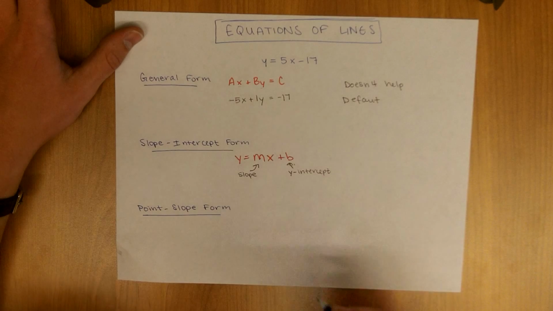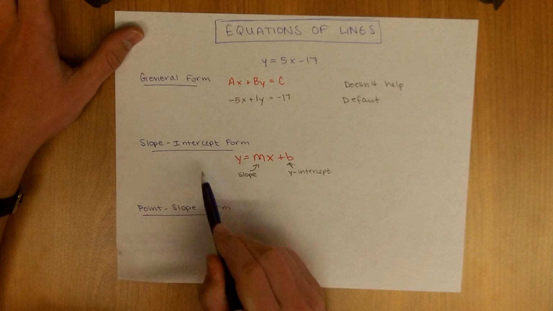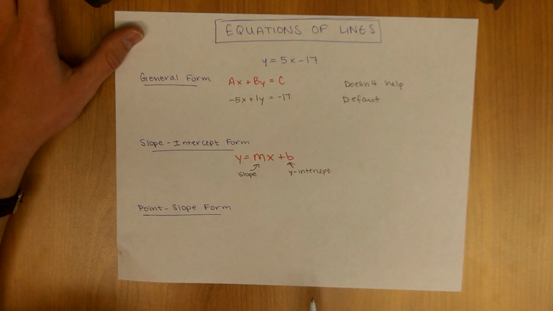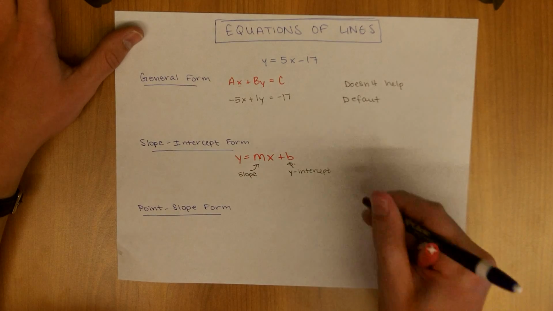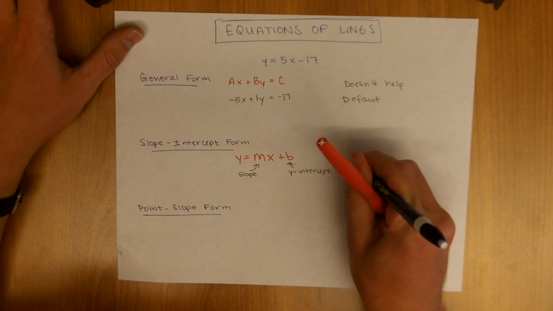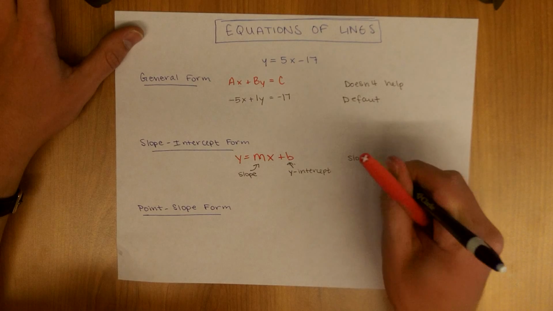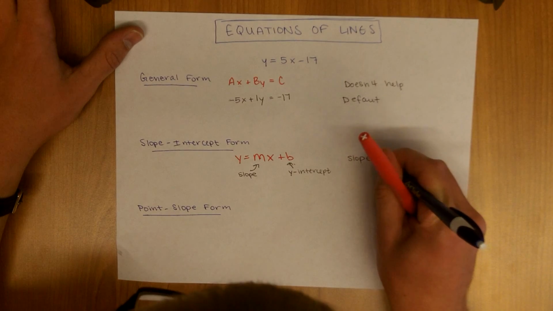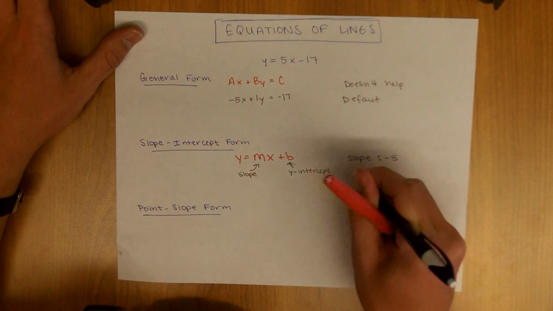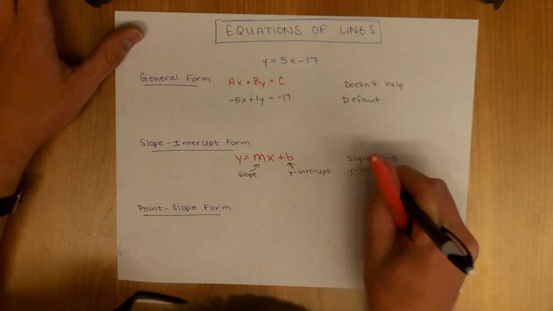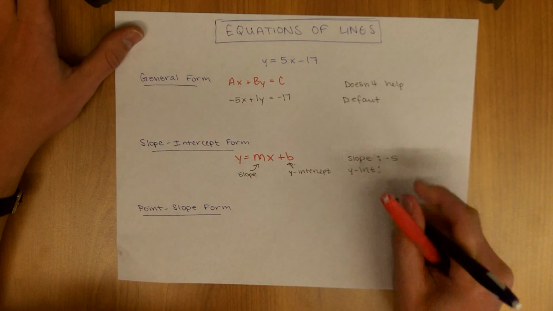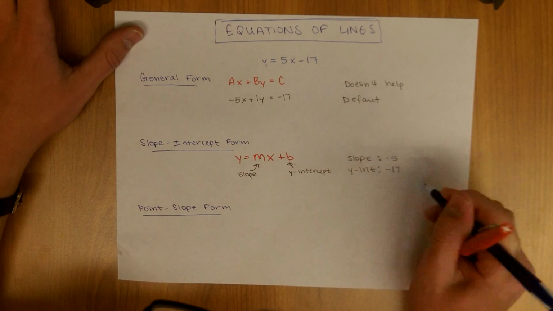And I bet you can see where the name comes from now, slope-intercept form. You're given the slope and you're given the intercept. And all you really have to do is plug those in. So for example, if I had a slope of negative 5 and a y-intercept of negative 17,